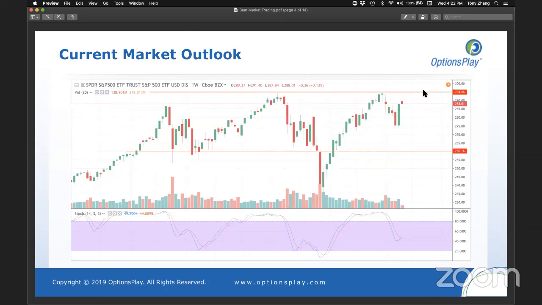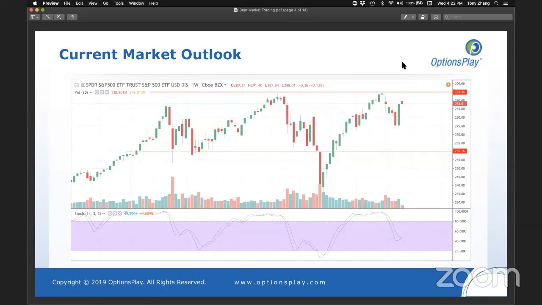Perhaps the Fed cutting interest rates could be a potential catalyst at the end of this month, or if trade wars with China somehow be resolved or have major progress towards that, that can also be a catalyst to break 295 to the upside. So those are the key levels that we're paying attention to. But in the meantime, I think we're going to look for potentially a bit of a pullback down to the 260, 270 level. So that's my current view of the markets, and that really helps